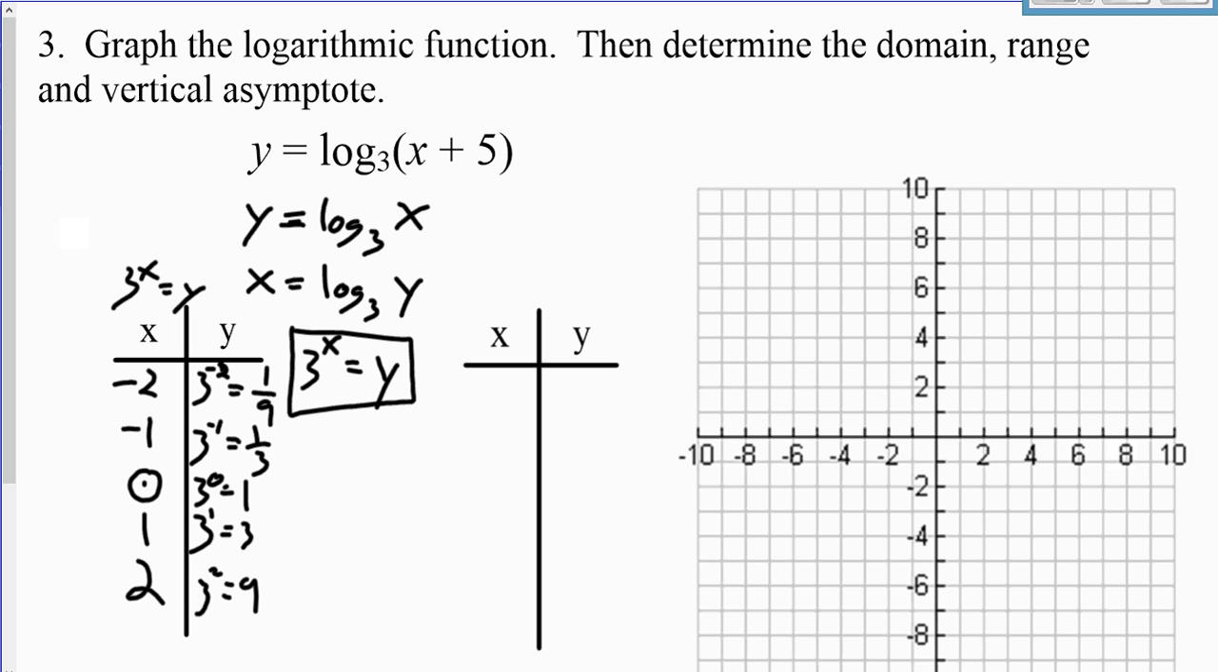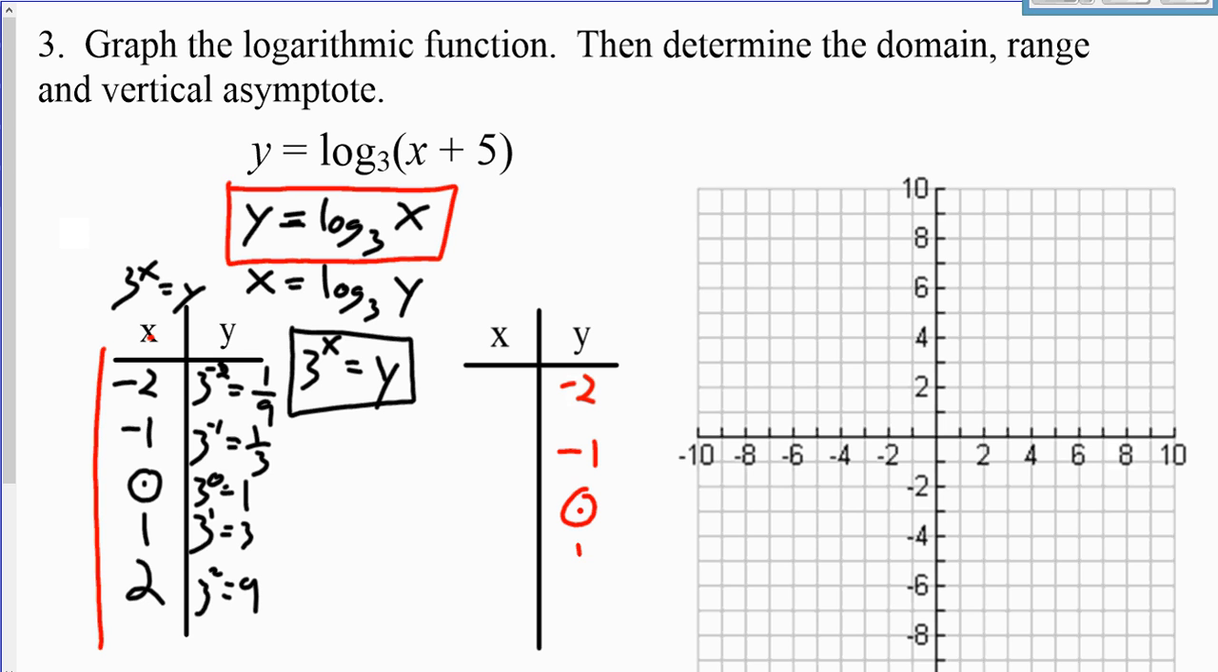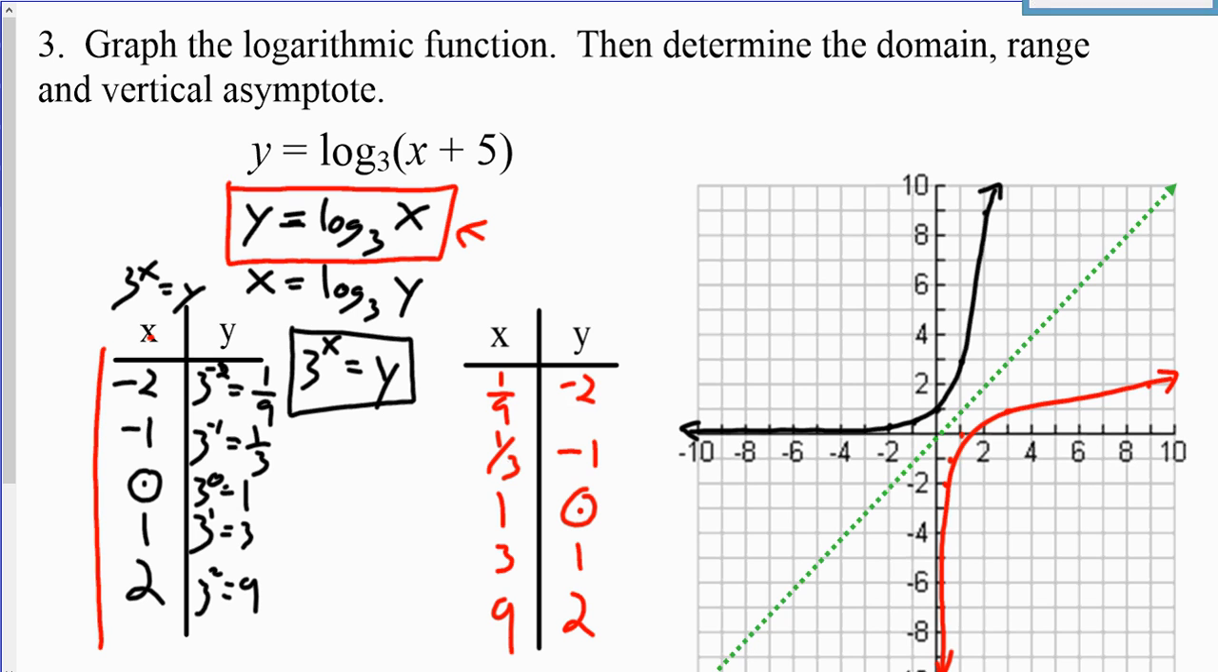if this is for 3 to the x is equal to y, let's go ahead and find the inverse graph for this. So what was once my domain here becomes my range. So I have negative 2, negative 1, 0, 1, and 2, and then I have my 1/9, 1/3, 1, 3, and 9. So this is going to be the graph of my parent function. Let's go ahead and take a second to graph that. So I went ahead and graphed my inverse function in black and my parent function in red,